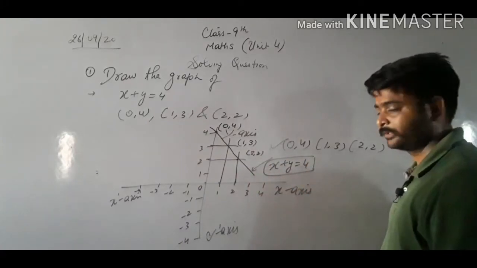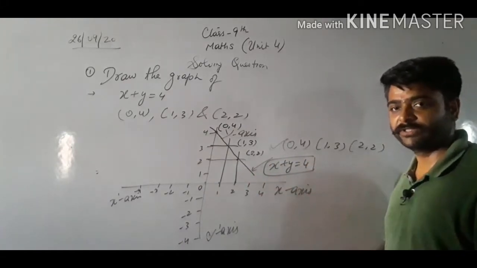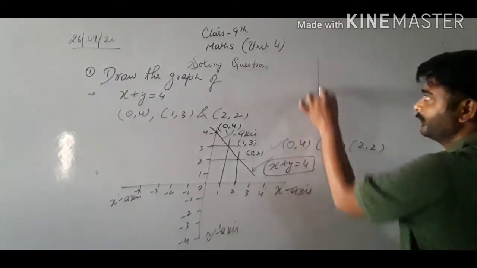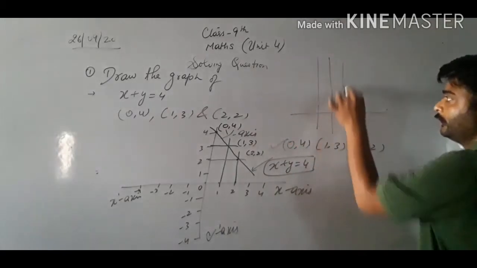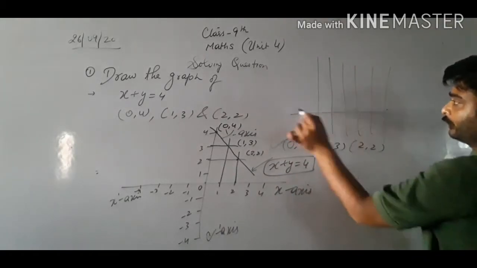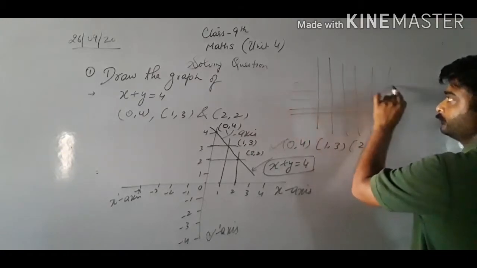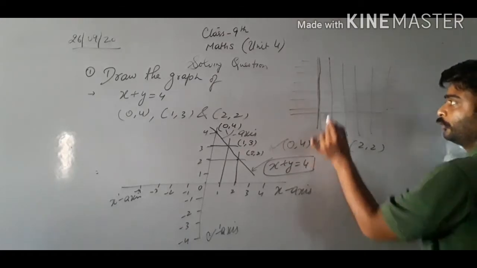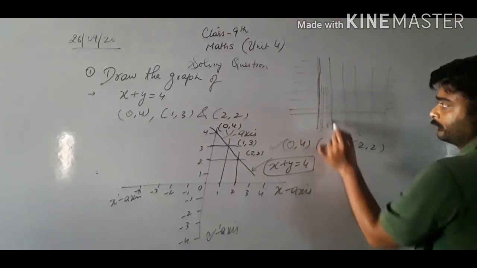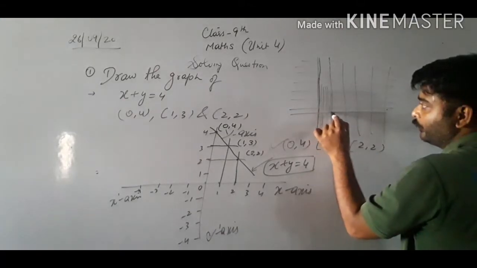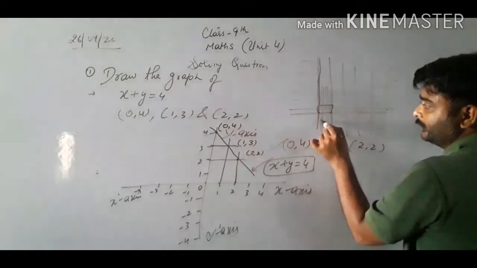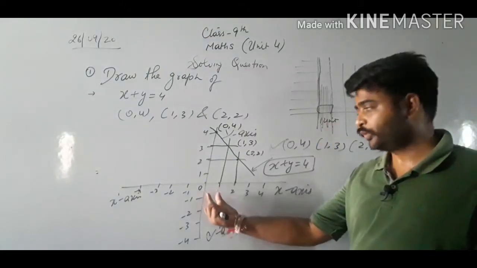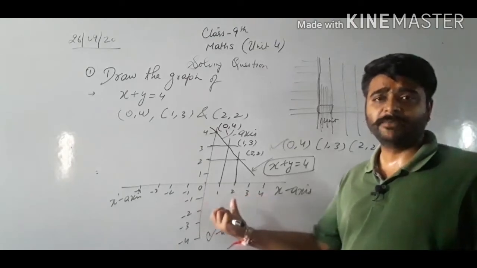So class, we have done all this. One more basic thing I had not told you: you have seen in the graph there are particular rectangles formed, and there are small divisions, 10 small divisions. So this is known as 1 unit. This is 1 unit. So class, what you have done: 1 unit equals 1 centimeter. I will consider this as a measurement of 1 centimeter.